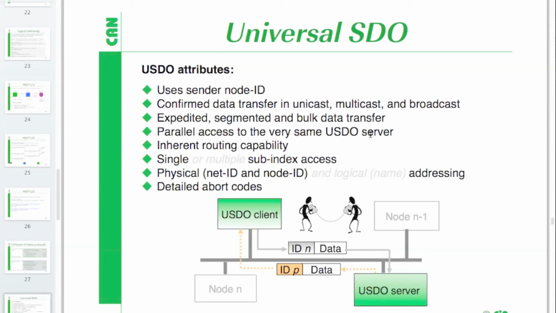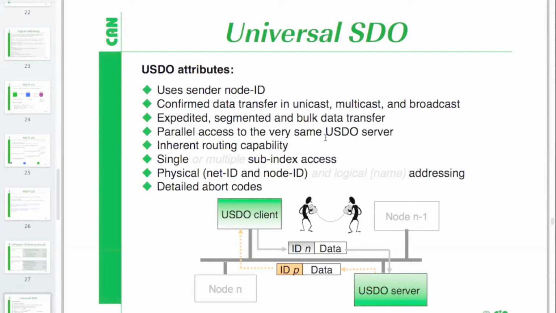Besides CANopen, which was based only on unicast connected data exchange, here I can do this in broadcast as well. I can collect the data with only one message. I could ask all participants who provide a certain data to provide exactly this data, which would work very effectively for lift condition monitoring, because I collect the very same data from different devices, and I could do this in broadcast, which effectively reduces the time of collecting this data.